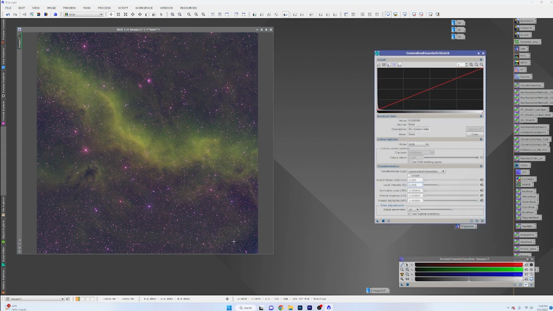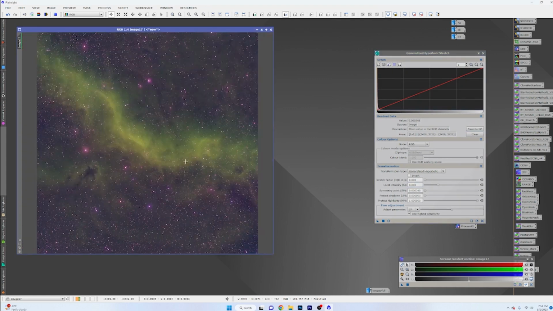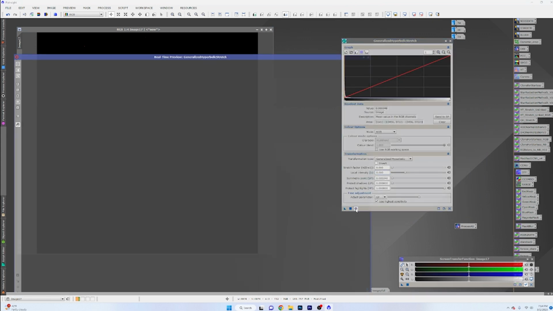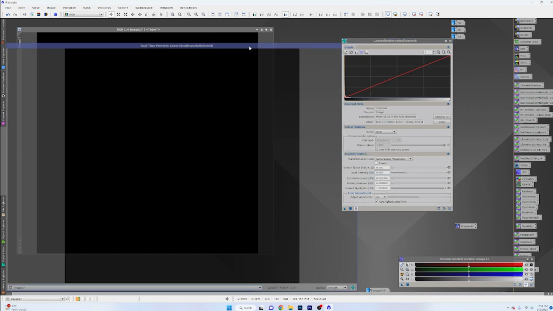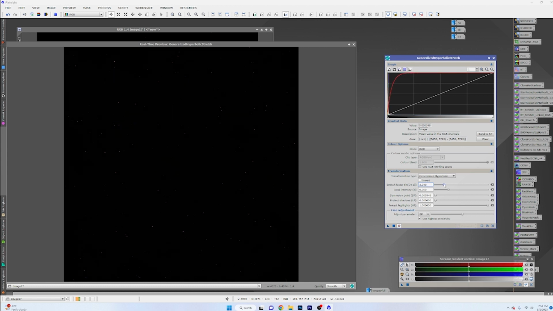So I want to go ahead and just zoom in and click on this nebulosity right here, and then we'll send that value down here as our symmetry point. And then what we can do now is just go ahead and get rid of the stretch, and we can just start stretching this. We can open up our real-time preview and move this out of the way. We're all ready to go,